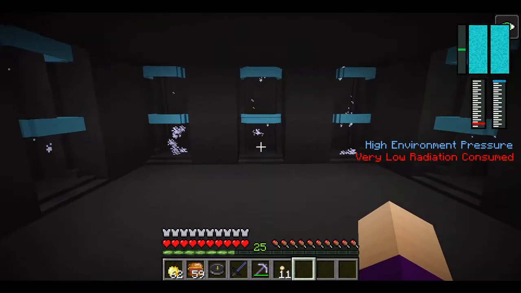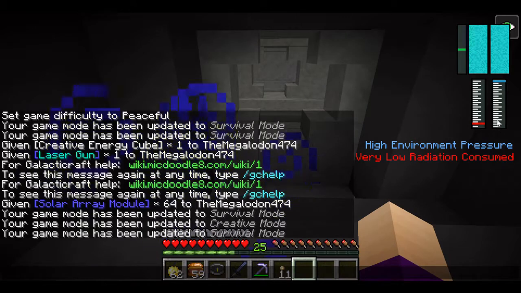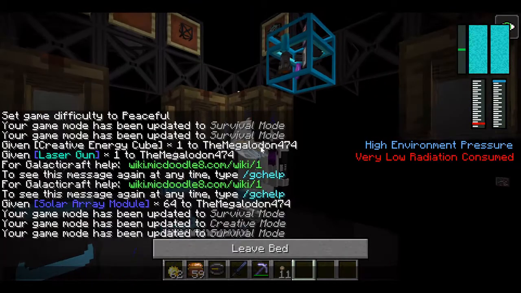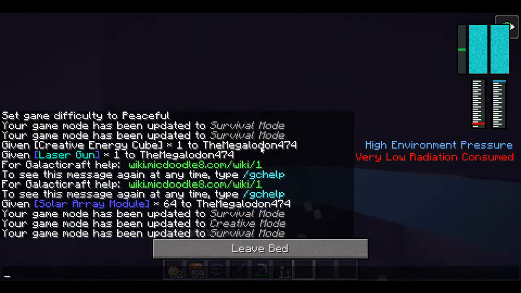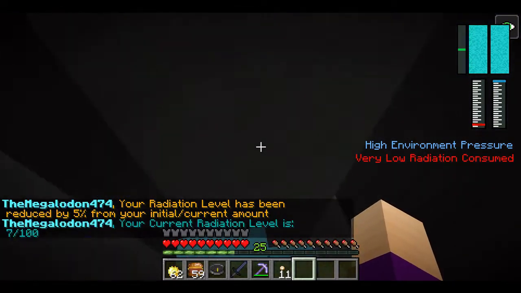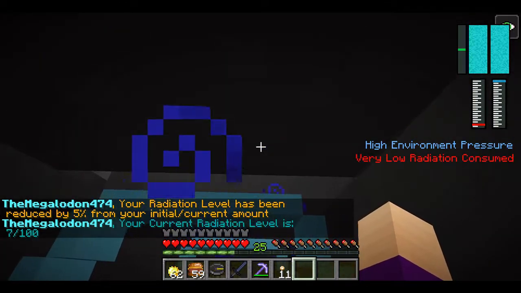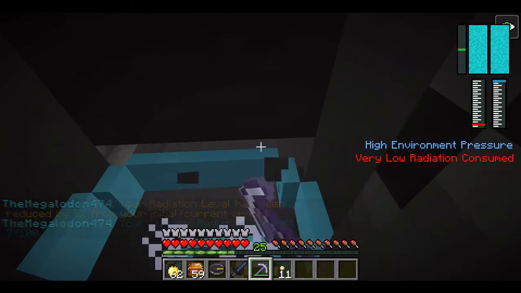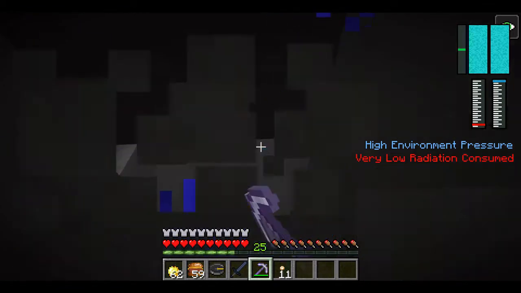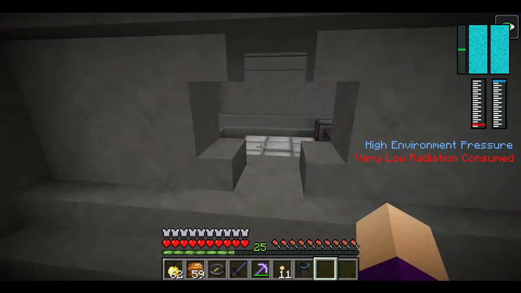Alright, first of all are these cryogenic chambers you can steal. Very good. You see my radiation on here, it's gone up a little bit. Now I can sleep in one of these cryogenic chambers, and it decreased by a tiny little bit. Oh, am I stuck? Let's just mine this away. Alright, there we go. Another room,